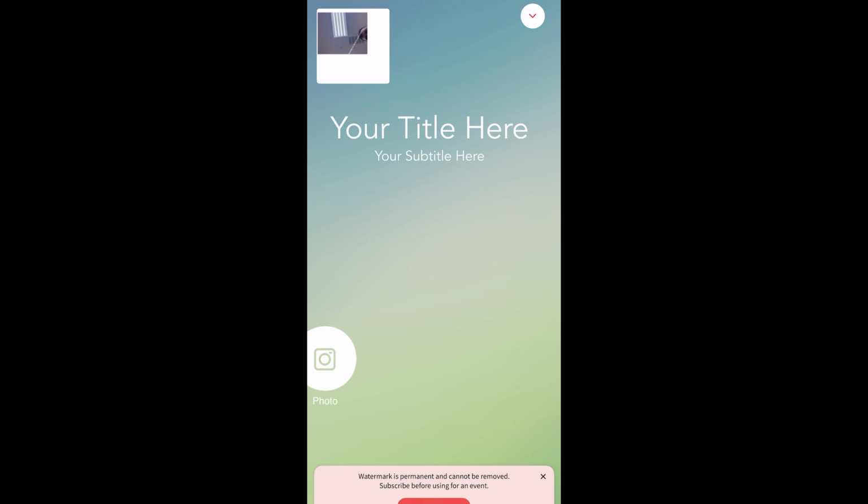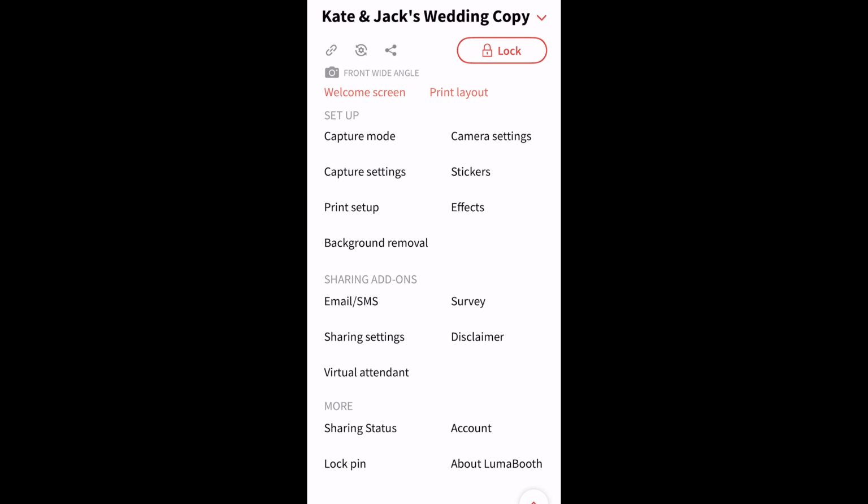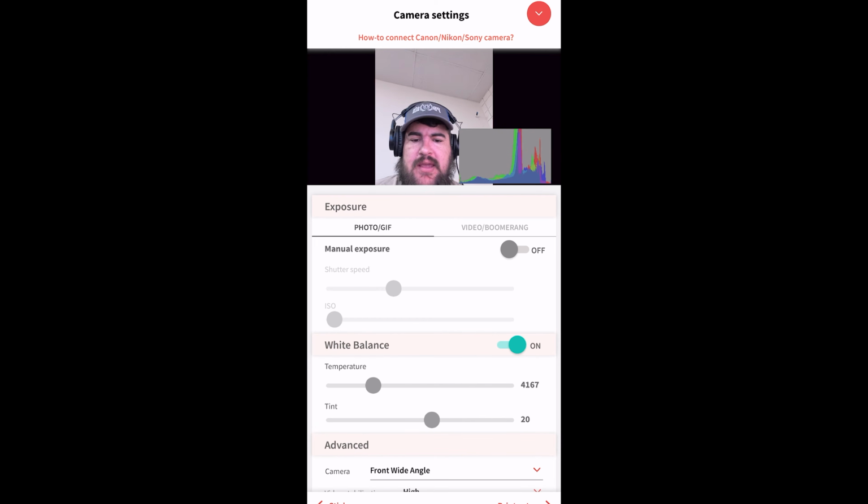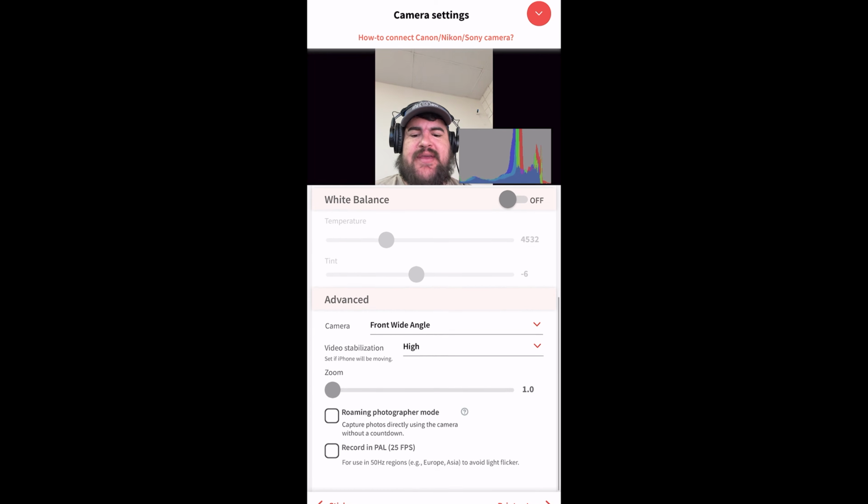Really quick, let's hop on Lumabooth and I'm gonna show you guys how you know if it's on automatic or manual. So give me 1 second and we'll go on the iPad. All right, so here we go. We have Lumabooth open. You're gonna hit the drop down menu. Then you're gonna see camera settings. And boom, let me turn that off. So right now, everything is set to